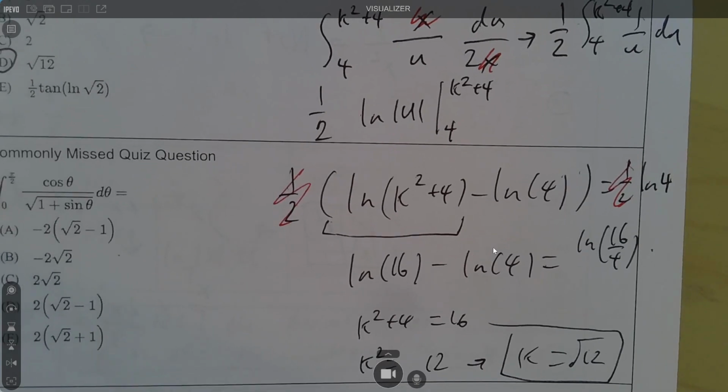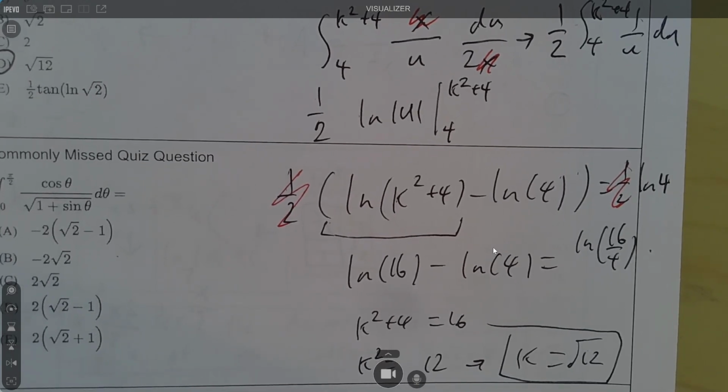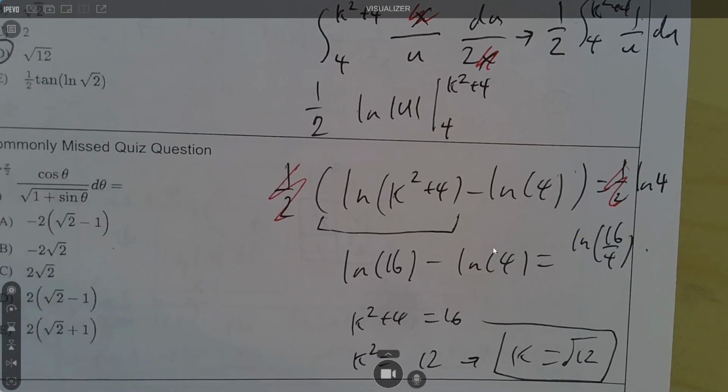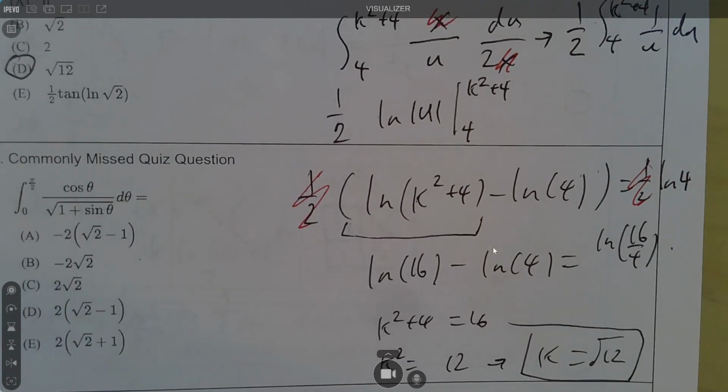So if this was a little bit of you're lost on this, like you didn't really follow that, don't worry too much. Seriously, don't spend all your time on this. Keep moving on. This is something I want to show you so you're prepared for it, but don't freak out about not understanding this problem. Okay. See me in office hours if you're still confused. Okay. Commonly missed